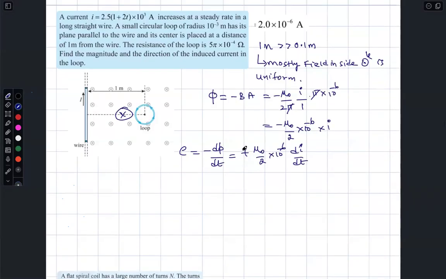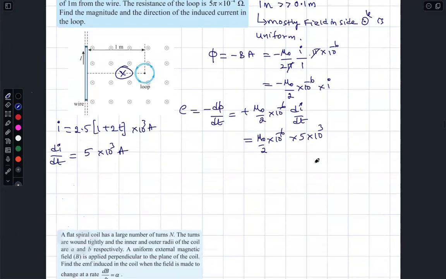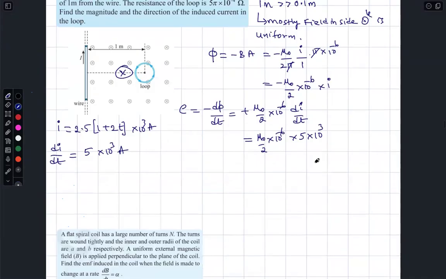di by dt, already you know I is 2.5 into 1 plus 2t into 10 power 3 amps. di by dt is 5 into 10 power 3 amps. Right. Now what is happening over here? This is mu naught by 2 into 10 power minus 6 into 5 into 10 power 3. That is the EMF. Direction and